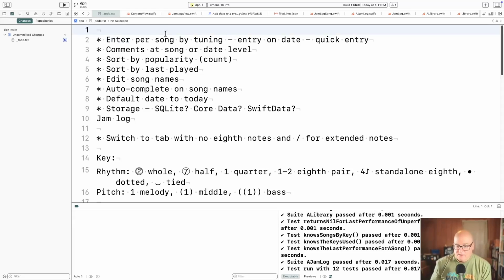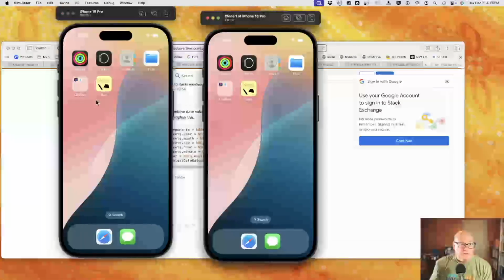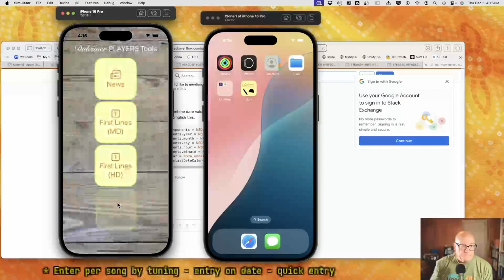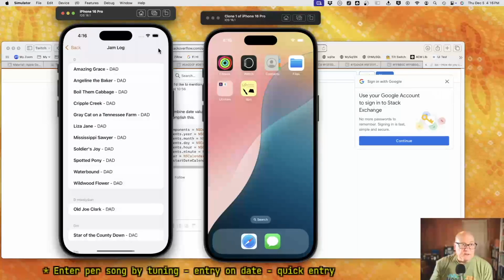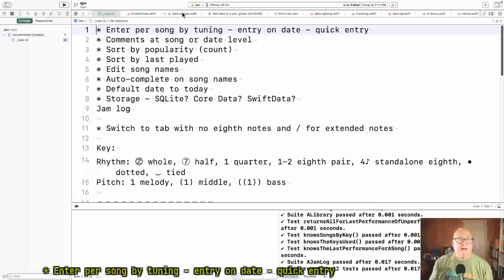All right, but I think we can start on an entry box. I'm not sure how, well, I guess we could just put a little plus sign in the corner like we would normally. So I'm thinking a little plus sign here that would say enter a new date for something. Yeah, let's try something like that. All right. I think we've got 15 minutes. I think we'll just start with